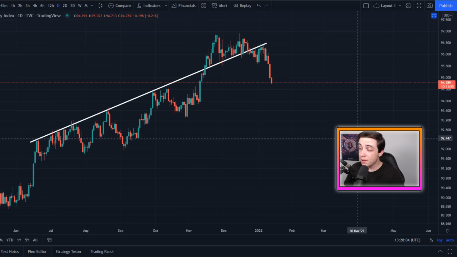And what does this mean for Bitcoin? Well, believe it or not, this is bullish for Bitcoin against the US dollar, because obviously if you have Bitcoin paired against the US dollar, if the US dollar is falling to the downside, then that creates the effect of Bitcoin rising against the US dollar.